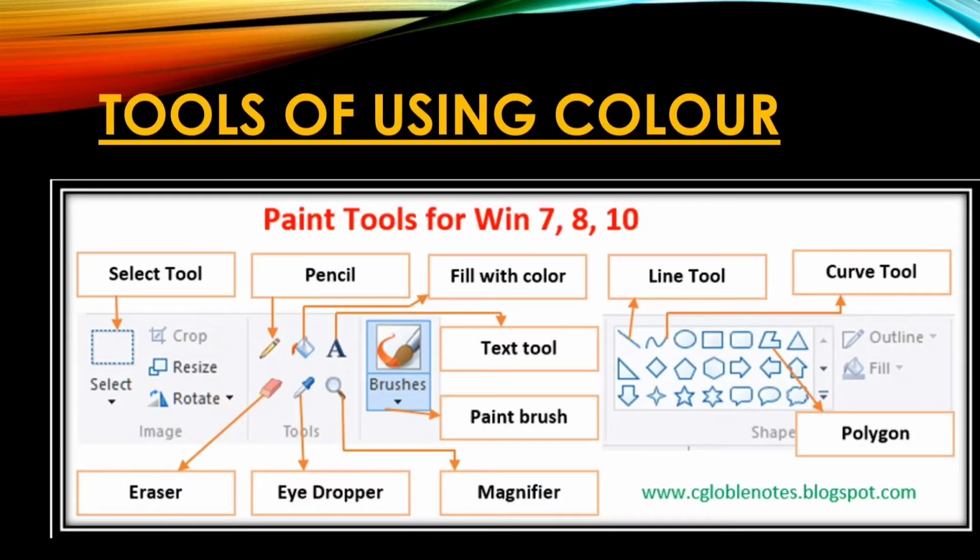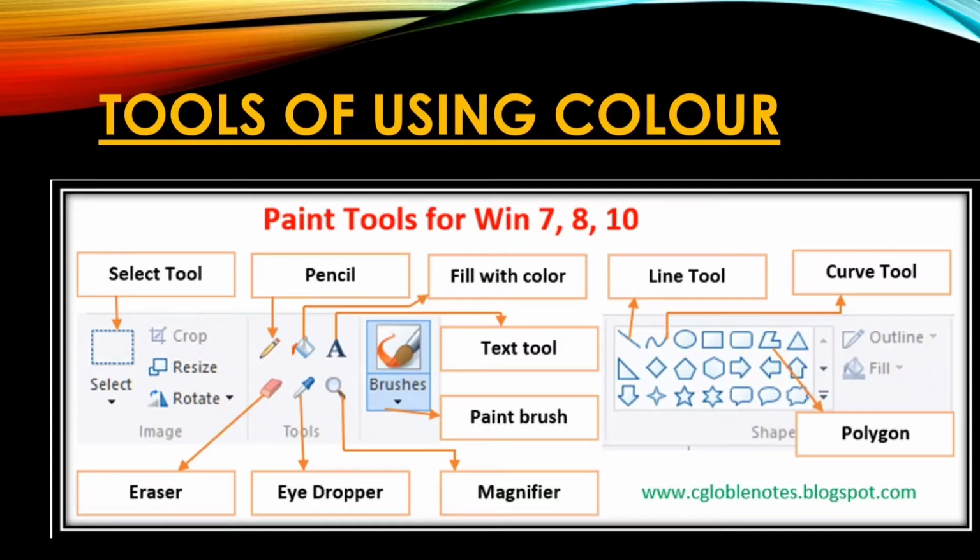The first one is the select tool. It is used to select the drawing. Then see, pencil is written over there. This is used to draw. You write with your pencil. Now in your notebook you write with the help of your pencil. Same way, draw the drawing with the help of the pencil. And at the last I'll show a beautiful drawing that is drawn with a pencil.